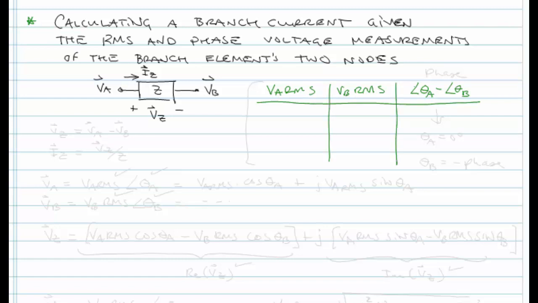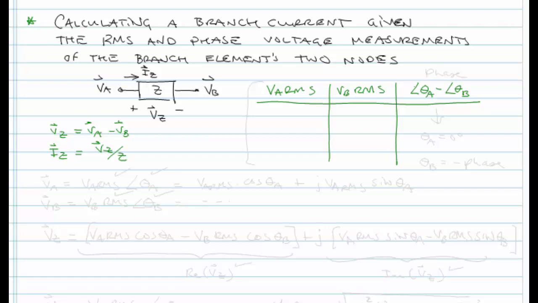And what you want to do is find the magnitude of this current and the phase of this current. So this is what I want to walk through. In principle, we just need to calculate the phasor voltage VZ as VA minus VB. That's not hard to do if VA and VB are in Cartesian coordinates, but of course they're not, so that's where our work will be. But let's go ahead and finish this out. If we have VZ, then we simply need to take VZ and divide it by the impedance Z